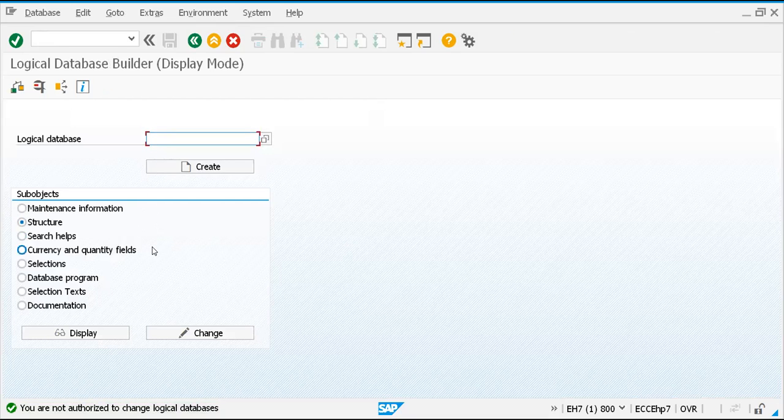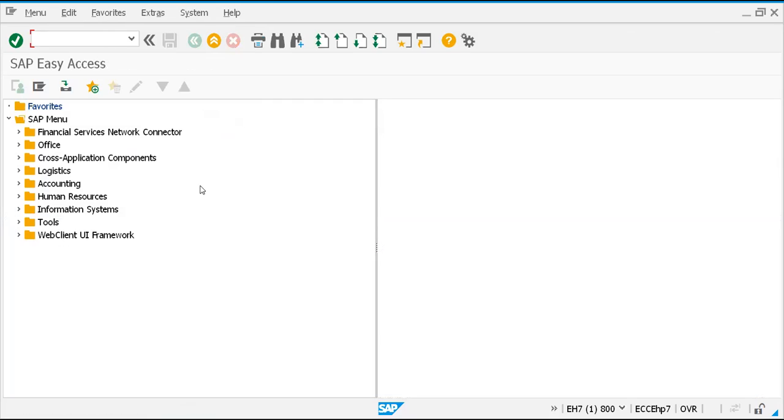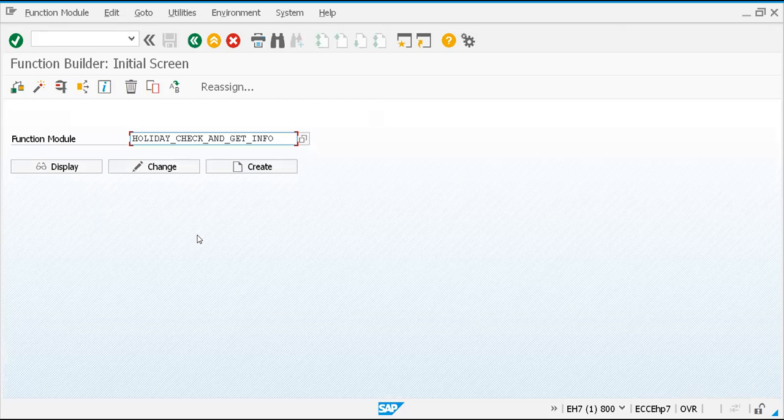You can run background job here from the logical database. It will be automatically done because there may be a heavy load when you are generating work schedules multiple in batch, in bulk. If you want to check the output for the background job, then you can use SE37. SE36 you can do this. In SE37 you can check